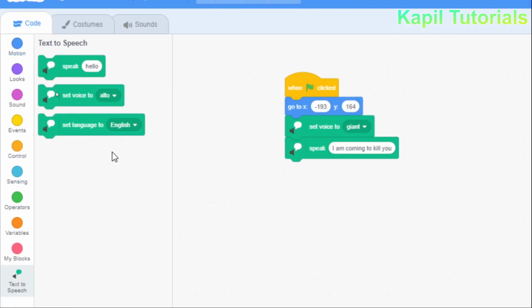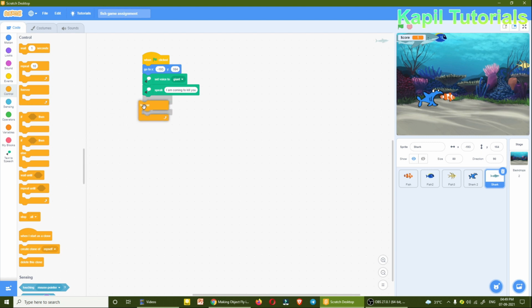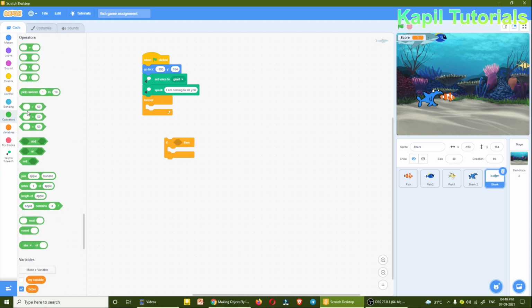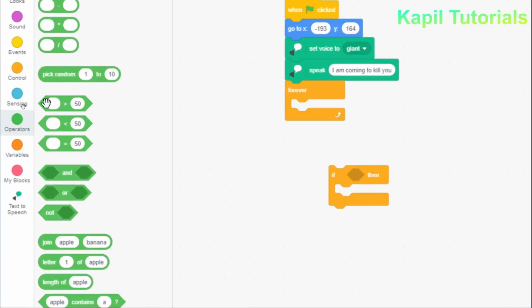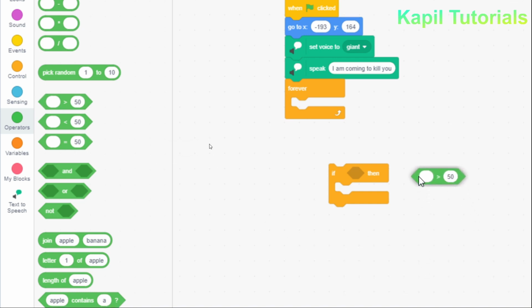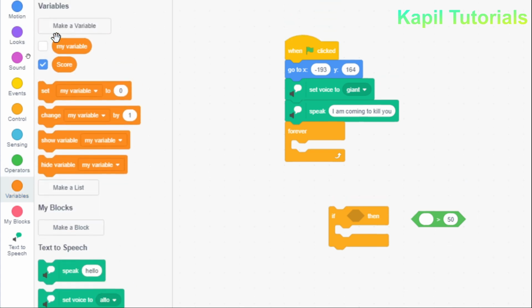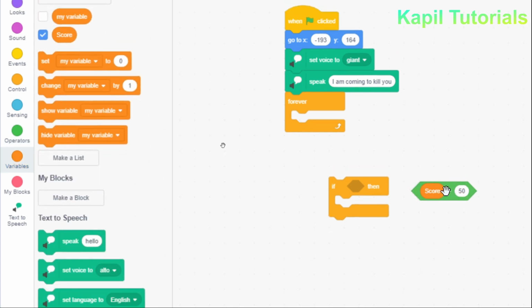After this I'll use the forever loop, and under forever I want that this shark should go behind the other shark who is eating the fish only when the score increases more than 5, greater than 5. Till then it should wait. So I have to use the if command here. If then operator, and here I'll use this operator greater than. Okay, and along with it I want a variable, and from here score. If my score is greater than 5, this is the condition I want to use,